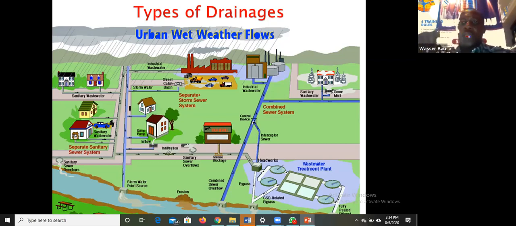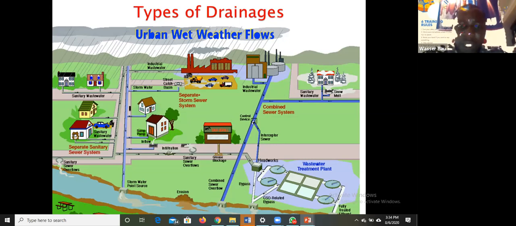Now, you can actually design your system, but we can't do it in Nigeria because we lack the technology, we lack the capacity to do it. But in some countries, like in New York, like in London, the same line can carry foul sewer and it can also carry stormwater. How do they do it? There is what we call dry weather flow. Dry weather flow is when there is no storm event, and by storm event, I mean when there is no rain. When there is no rain, what flows in the pipe is what comes from your house,